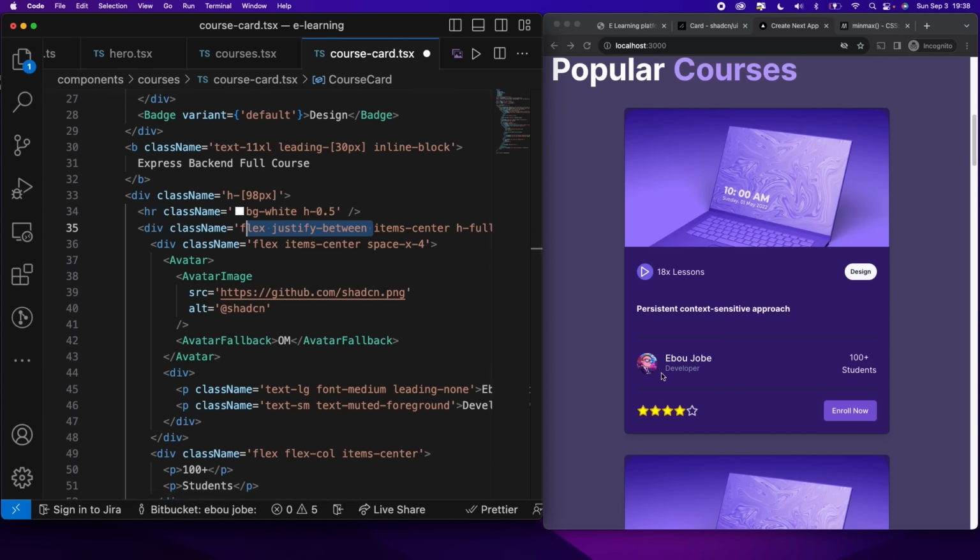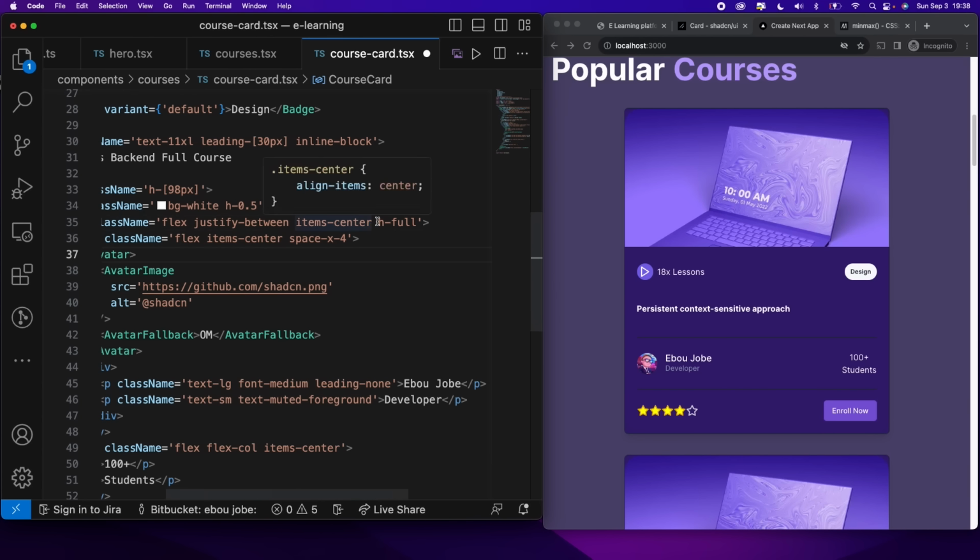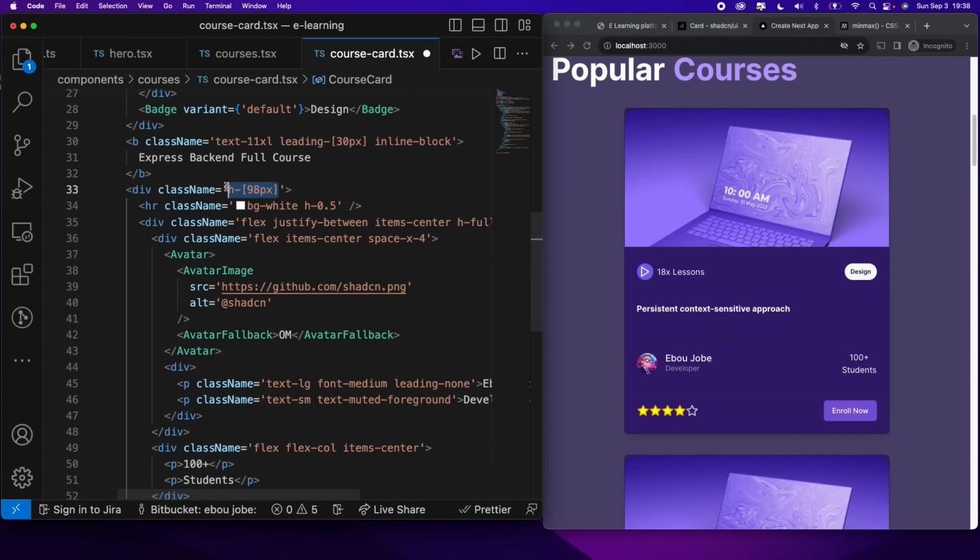Now we're going to have these two items, one is going to show up here and the other one is going to show up at the very end. There's items-center, that's okay. Whatever items-center is doing is just making sure these two elements are centered in the middle here. And I have the height of full to make sure that it's going to take in the height of the